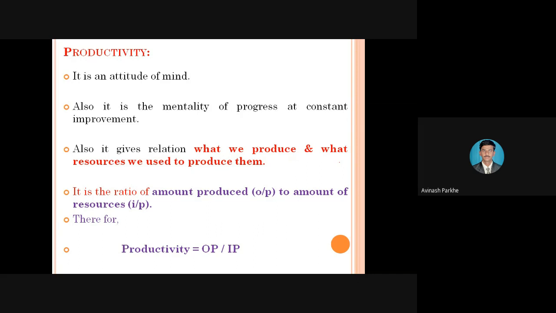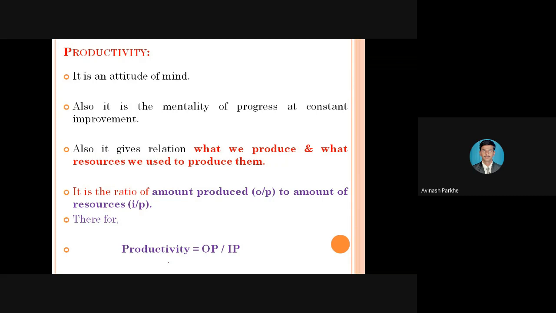increase the productivity. Because if we are increasing the number of inputs, and at the same time your productivity increases, we cannot say that the productivity has increased because your input resources have also increased. But if with minimum resources, with minimum input, your output is maximum, then only we can say that your productivity is increasing. Therefore we have the standard definition that it is the ratio of output upon input, and your productivity is directly proportional to the output parameter.